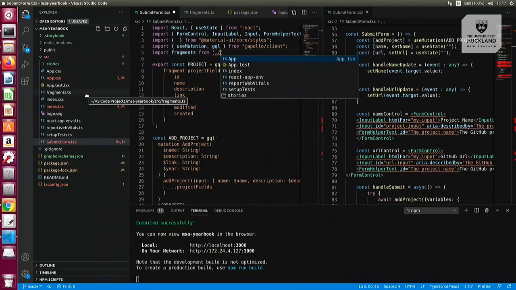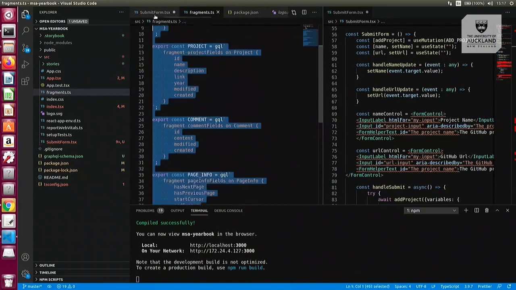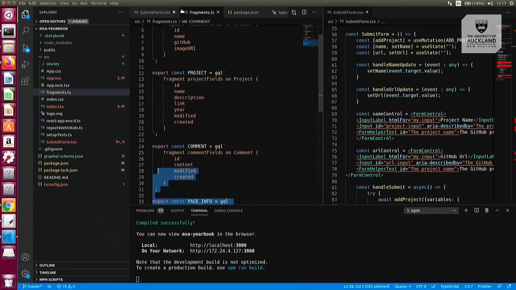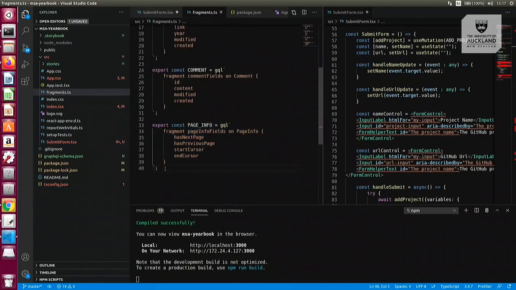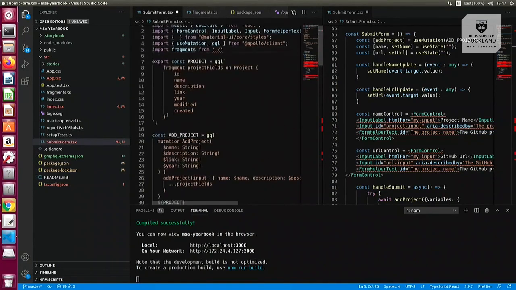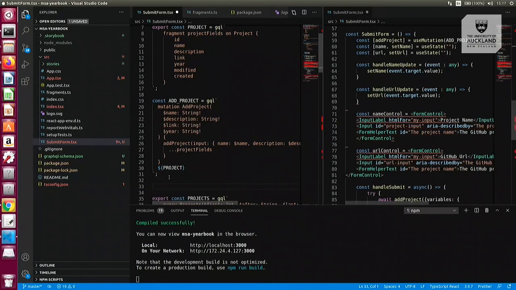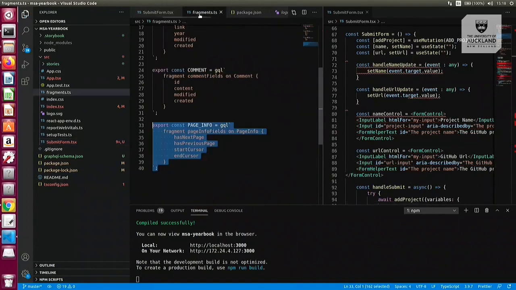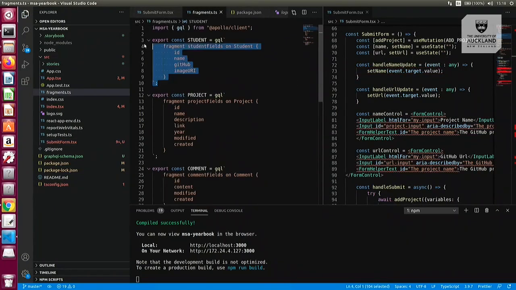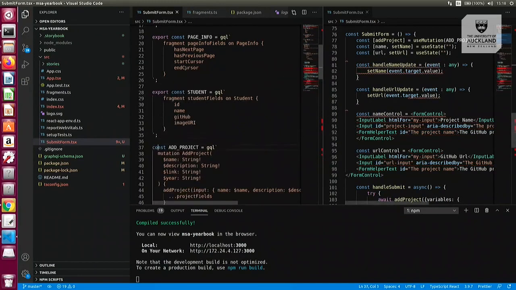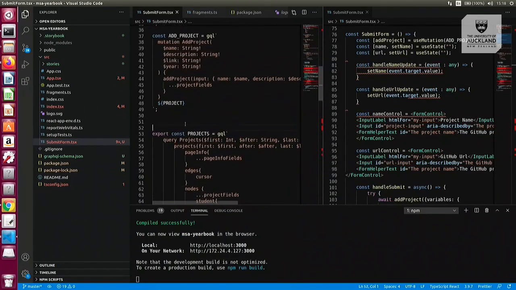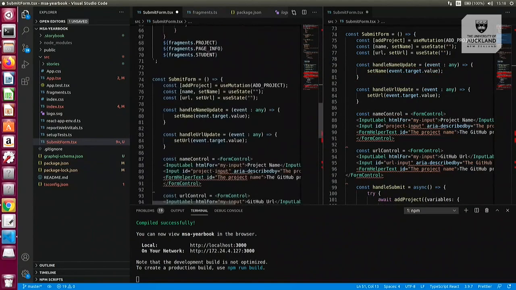It really doesn't want to import. Okay, I guess we'll just copy it out. Page info and student. So if we grab all the related fields it needs for that query, for projects as a query function, and then we come here and we do